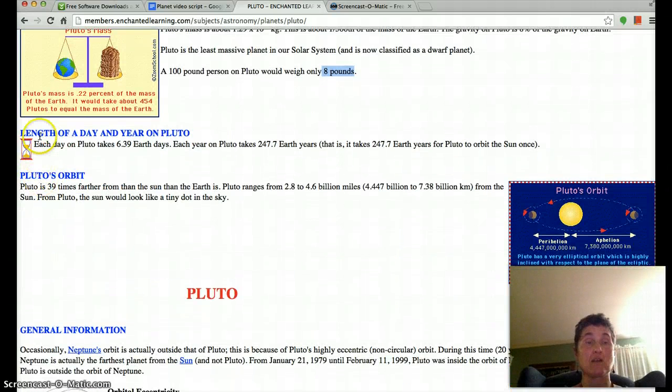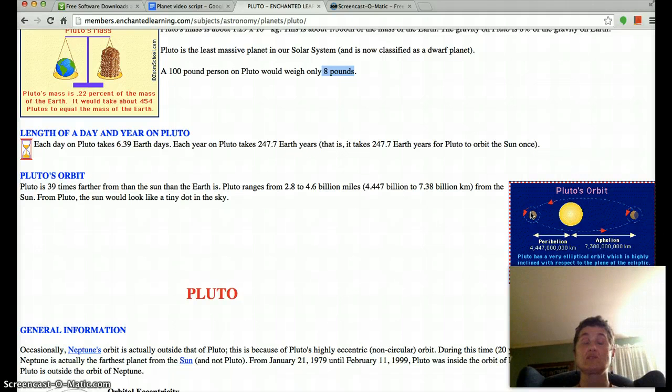Pluto's orbit, or length of a day and year. That will tell you. So each day on Pluto takes 6.39 Earth days. Each year on Pluto takes 247.7 Earth years. So for Pluto to go all the way around the Sun one time, it takes 247 Earth